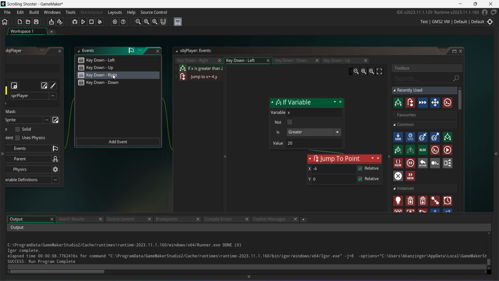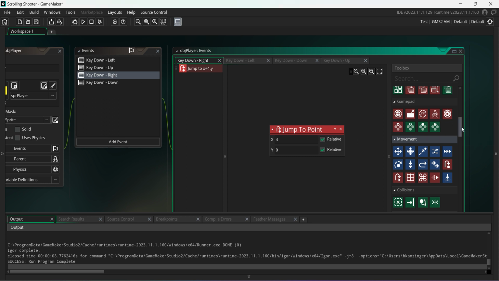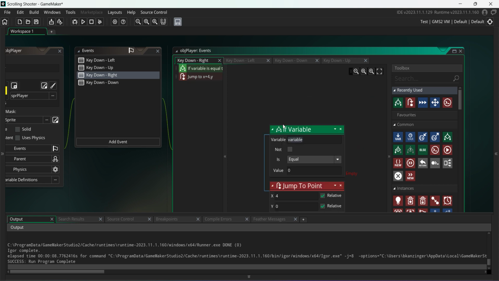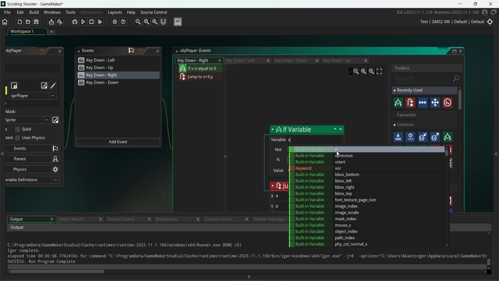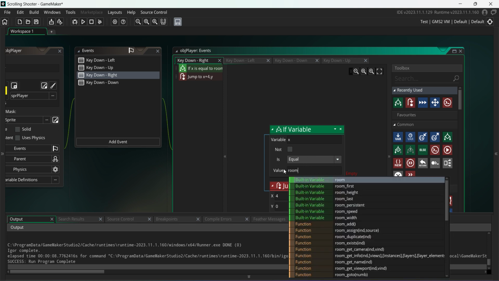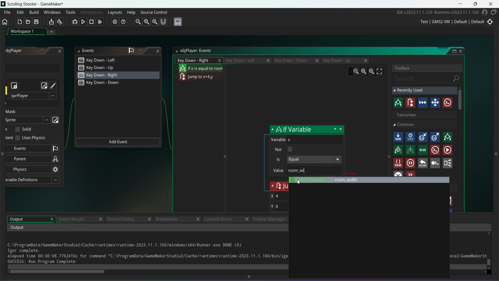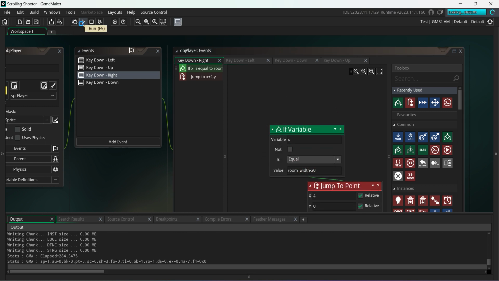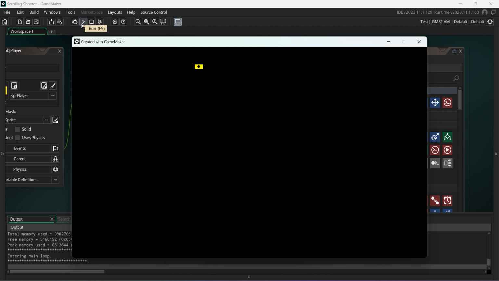And then finally, we have to do right. So with right, we're going to again scroll up to the top here, recently used, bring out my variable test. Again, our variable is going to be x, okay? And this time, we can use a variable called room_width, right there. And same thing as before, minus 20 to give us a little bit of space there. And then we're going to bring this out to the side so that if it's true, it will do that. Now what I should be able to do is hit play, and I can go up and I stop,